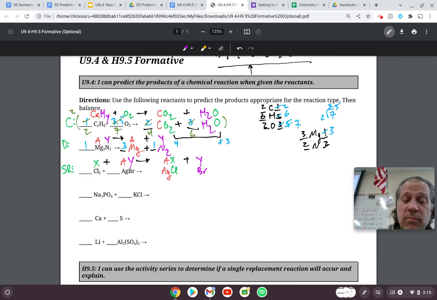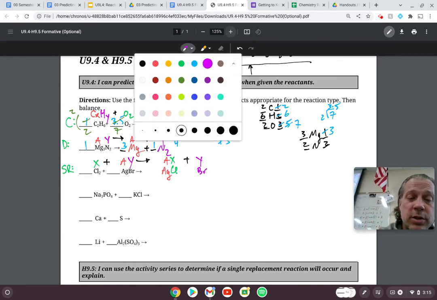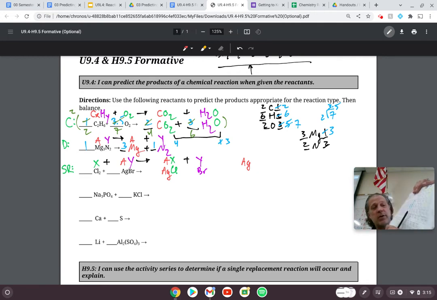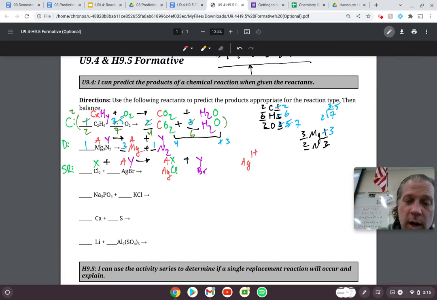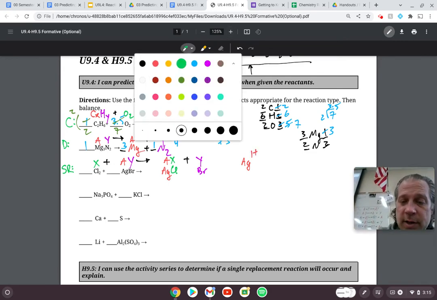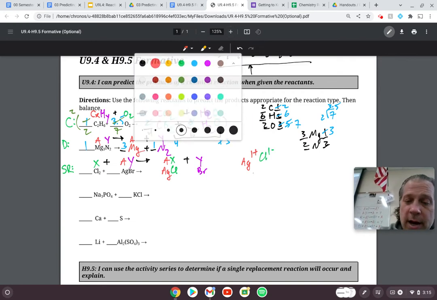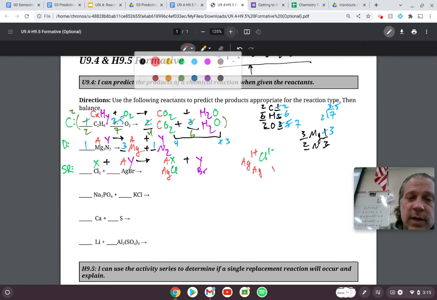So now I've made a compound and I have to check my charges. So I'm going to go to the periodic table, and on the periodic table, one of the things you were supposed to write down at some point, it feels like a million years ago, was that silver always has a charge of +1. So I know that silver is going to be a +1, and chlorine is in column 17, so it has a -1. So when I crisscross those charges down, I get Ag1Cl1,